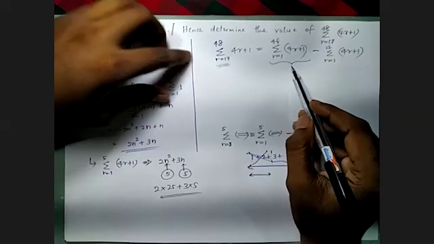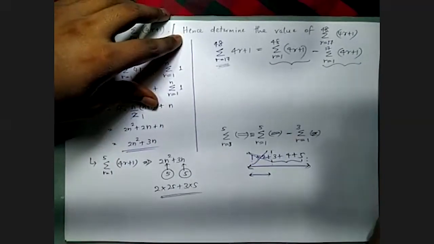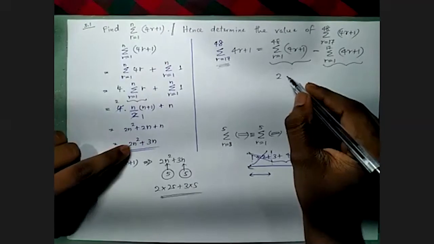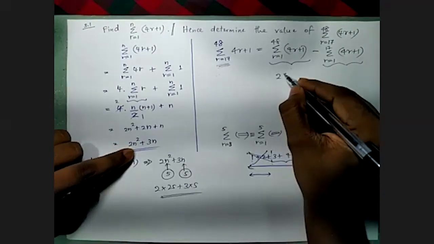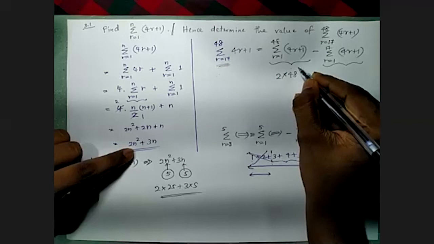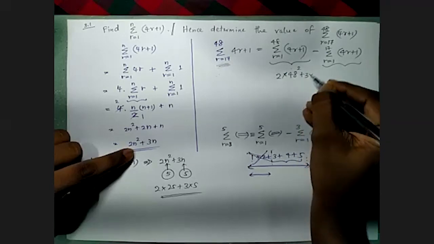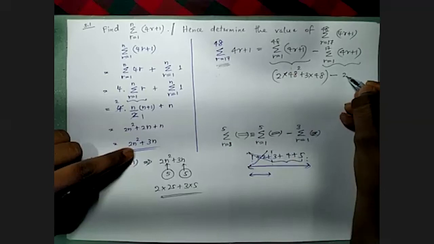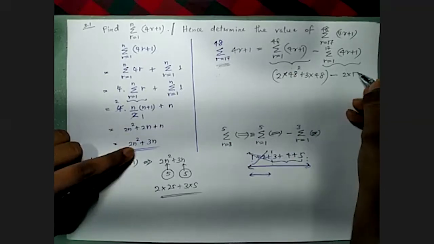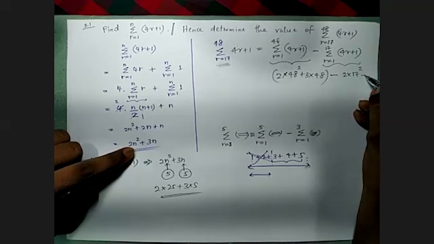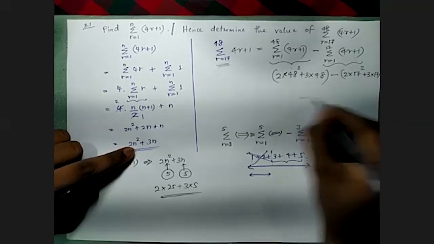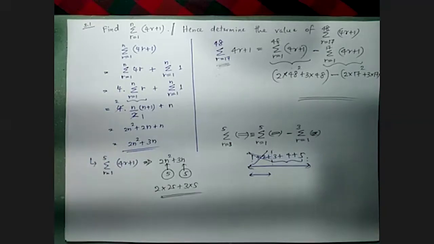You can use the calculator for this. The sum is 2n square plus 3n. Instead of n, substitute 48: 2 into 48 square plus 3 into 48, minus 2 into 17 square plus 3 into 17. Use the calculator, get the answer. You will get